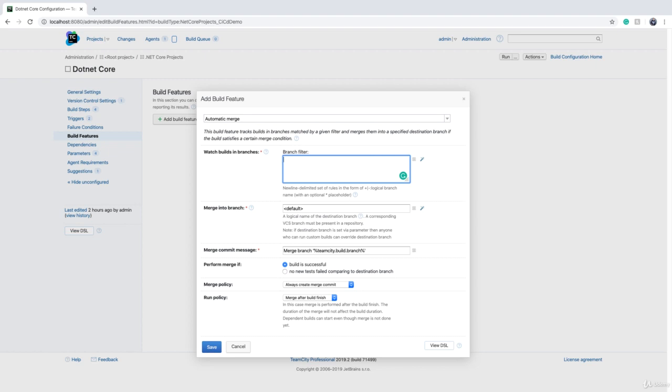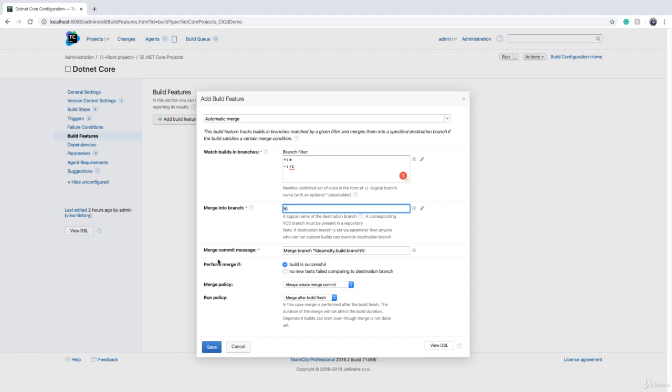For example, we can say plus and add all features, and then selectively we can say but don't include RC branch, and then we can say if a code that is committed to a given branch